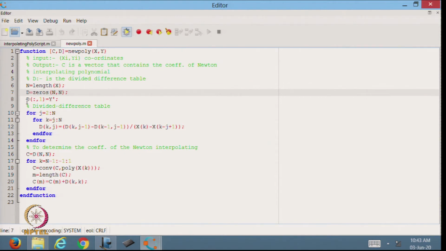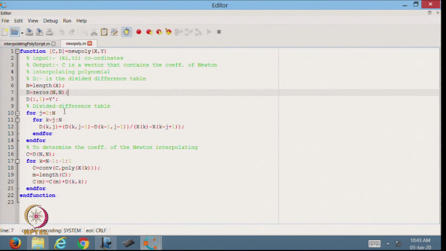So, in this matrix D, I am taking all the rows, but column number 1 is equal to y. I am putting a dash here because this y is given as a row vector, so y dash is the column vector. So, the first column of this matrix will be y.